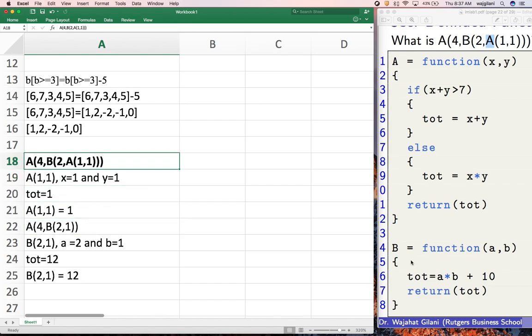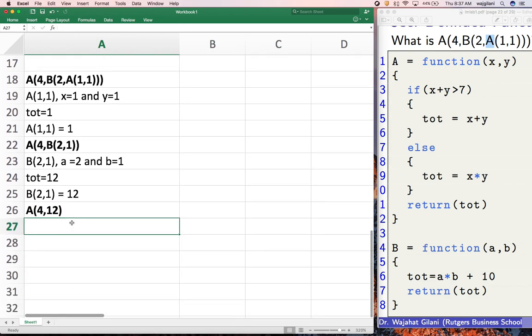Let me just bold this so you guys can see how we minimize this. Now I take this value right here and minimize it. So I replace the B of 2, 1 with the value that gets returned by it, and that is 12. And now we come back to A. Now we come back to A, right? And again, A of 4, 12 is going to be simply